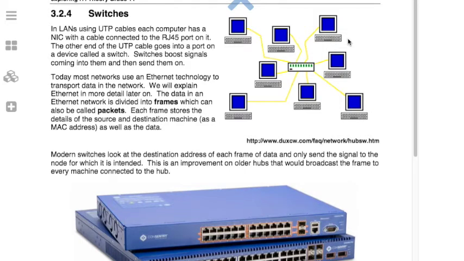So yesterday we started talking about LANs, which are local area networks, and we covered topologies and a few different types of cable. And today we're going to carry on talking about the hardware that's involved in LANs. So the first and probably most important part of